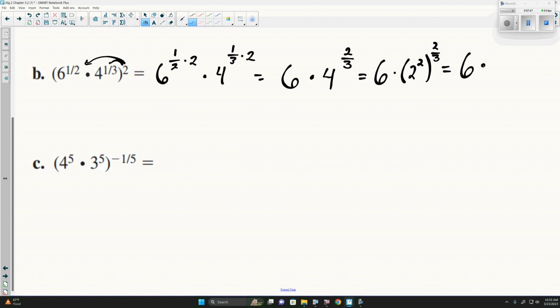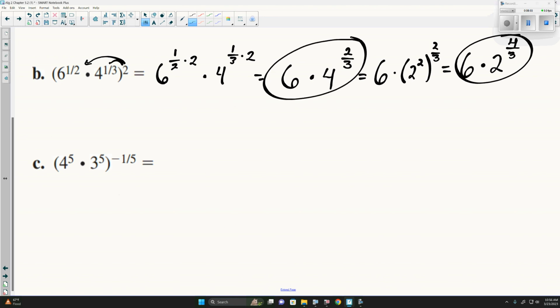And again, power of a power, multiply. So 2 times 2/3 is 4/3. Now for this one here, either one of these actually works. 6 times 4 to the 2/3 or 6 times 2 to the 4/3. Both of these work. Now the reason we would need to do this,